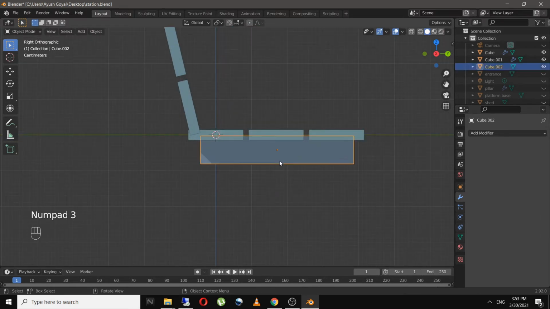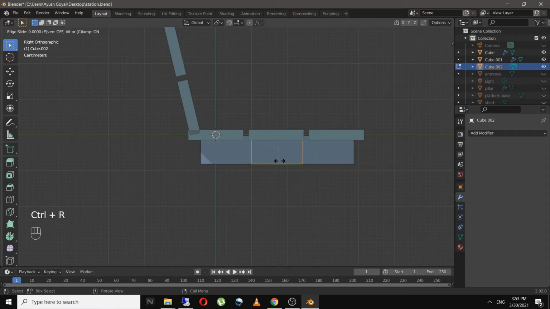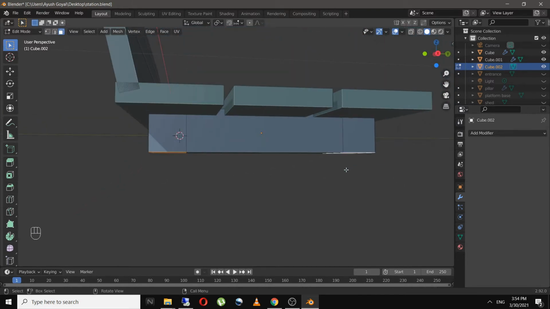Now in edit mode, I will add in two loop cuts and scale them on the Y axis, just over here, and I will select these two faces and extrude that on the Z axis.